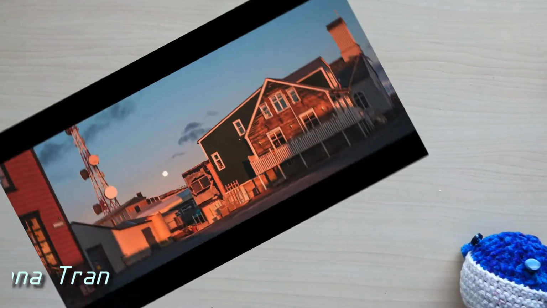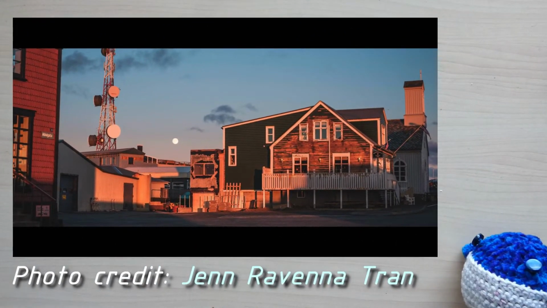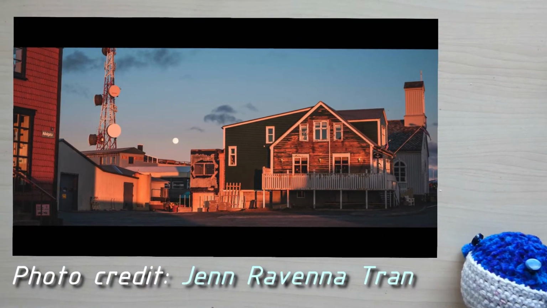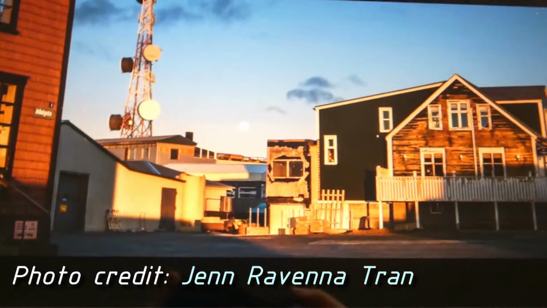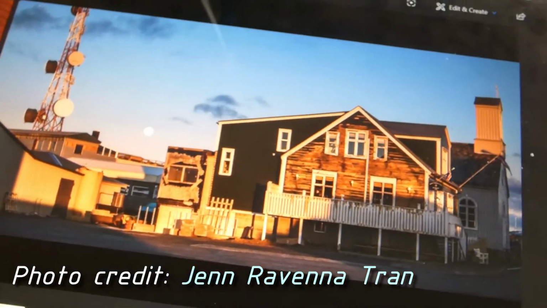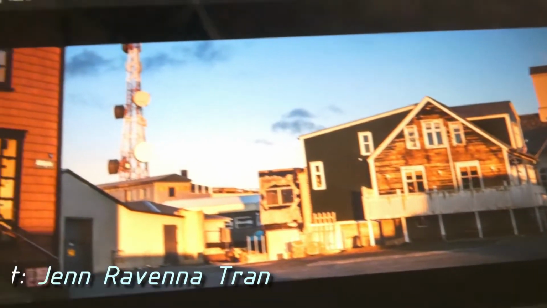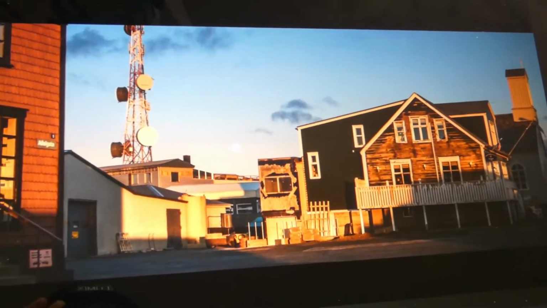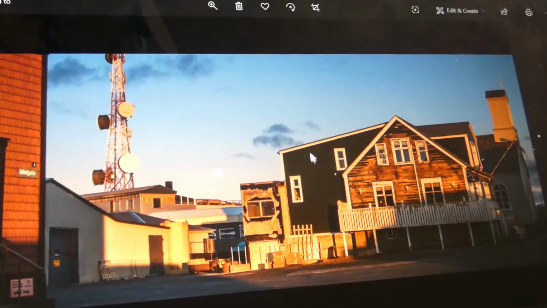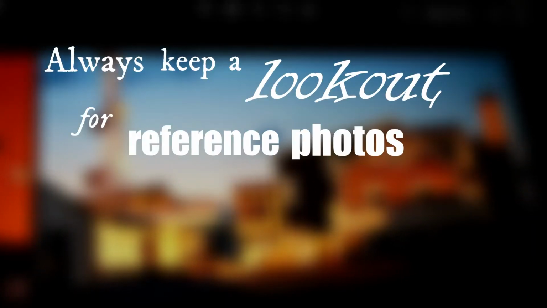For this video, I will be using this lovely, beautiful photo. It was shot by Jen Ravenna Tran, and I just loved the color palette in this photo and the fact that it had so many fun objects in it. Honestly, I feel like I could do an entire series of illustrations just based off of this one photo. And that actually segues into the first tip, which is to always keep a lookout for reference photos that excite